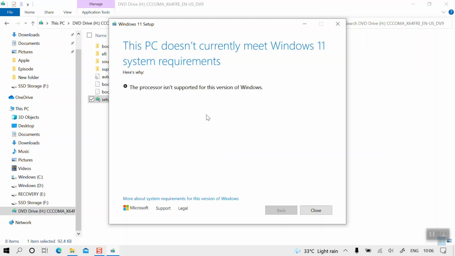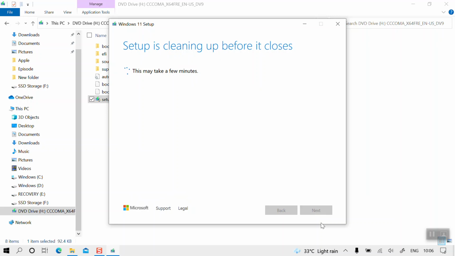Now we can see that we have the message: the processor is not supported for this version of Windows, and this PC does not currently meet Windows 11 system requirements, and hence we will not be able to proceed with the installation. But if we follow the hack suggested by